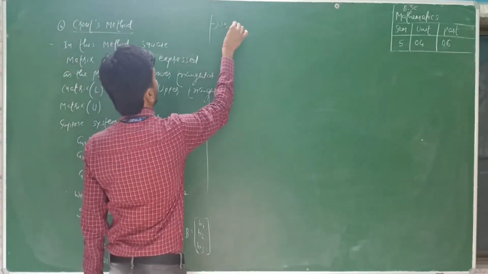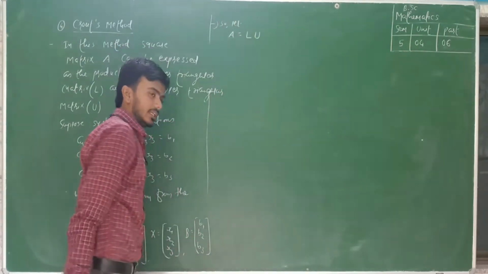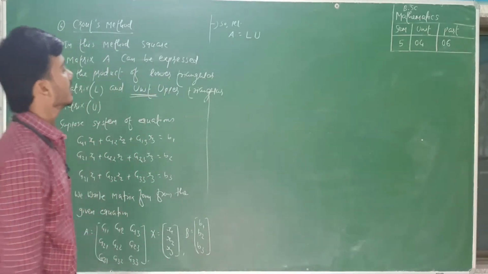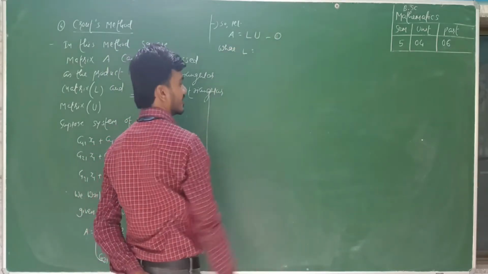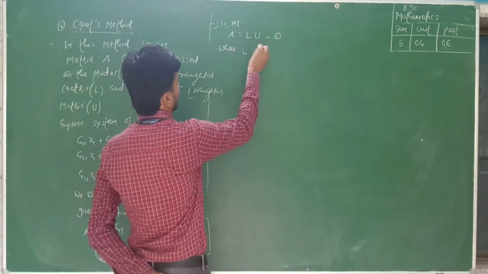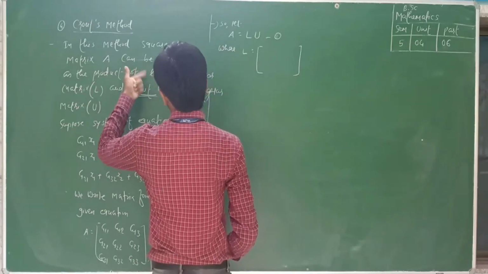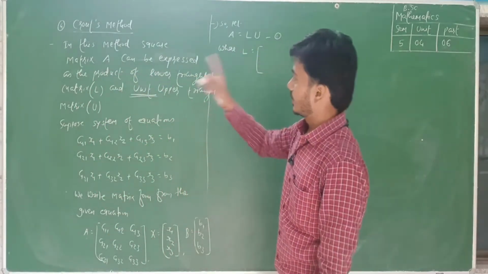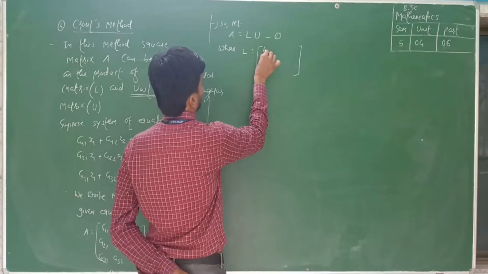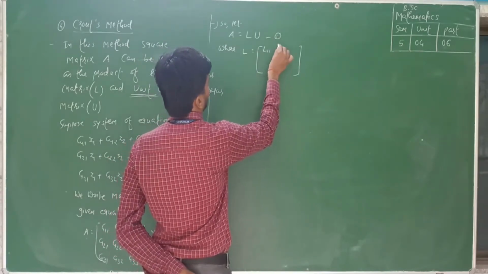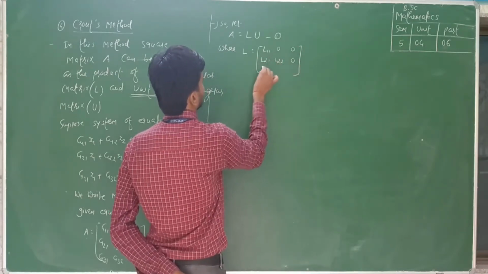A can be expressed as the product of L into U. Suppose this is equation number 1. L is equal to a lower triangular matrix. Here it is not a unit lower triangular matrix. In Crout's method, L is equal to the lower triangular matrix. So what is the lower triangular matrix? Here L11, 0 and 0; L21, L22 and 0;